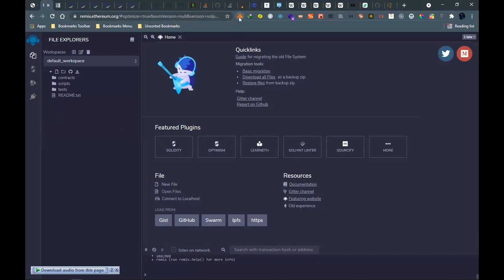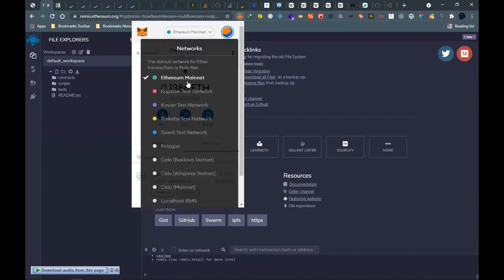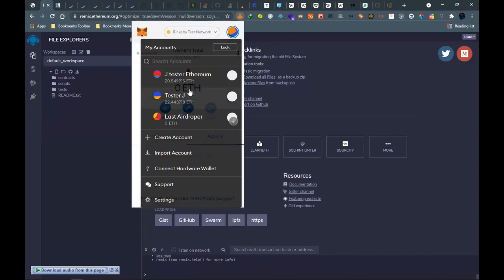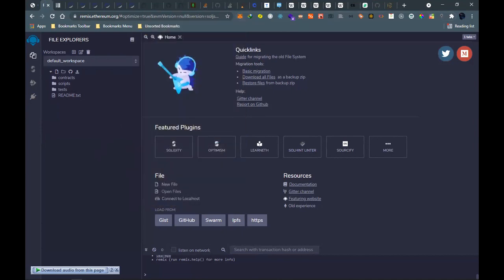I lost some data, so we will have to redo the code again. We will go to the testnet, and then we change our wallet to the wallet that has the test ethers, the fake ethers.